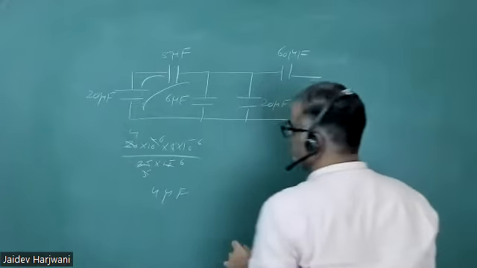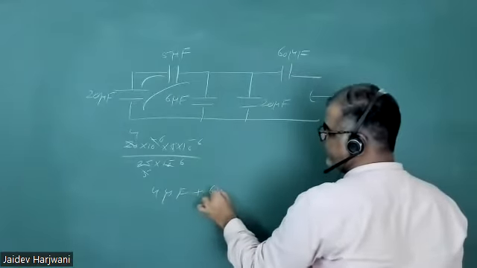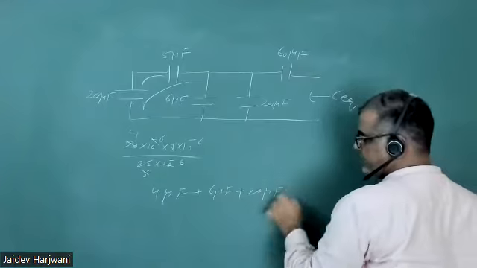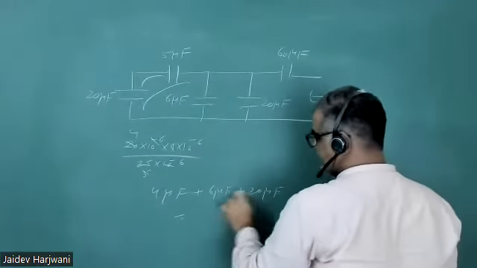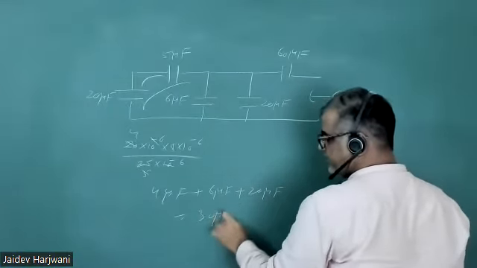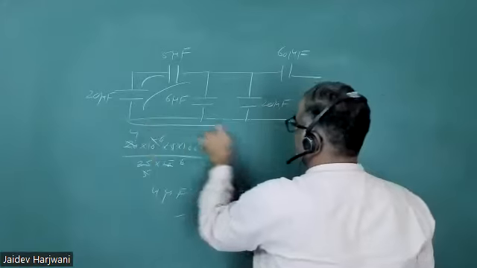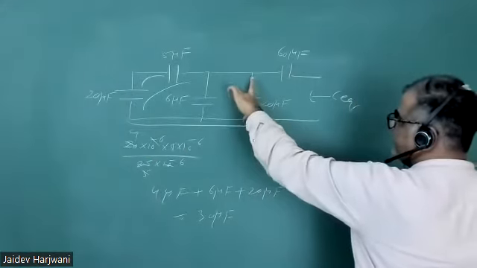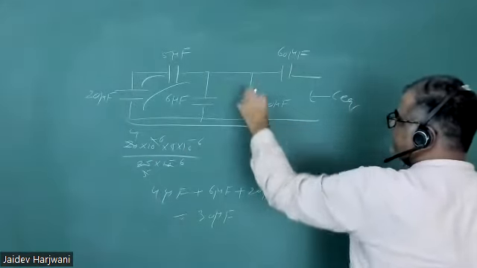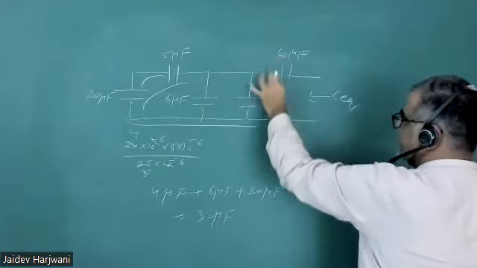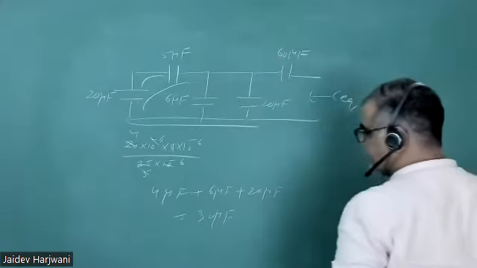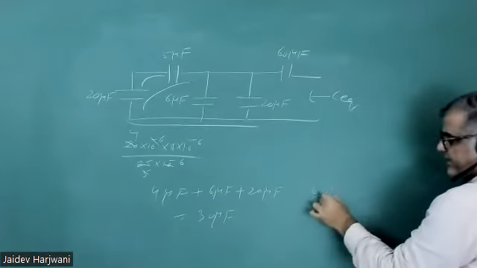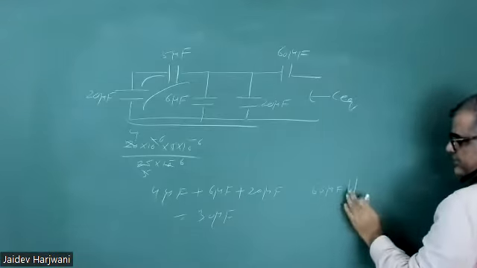Okay, 4 microfarad plus 6 microfarad plus 20 microfarad. कितना हो गया? 30 माइक्रोफेरेड हो गया. Now this 20 microfarad answer. हाँ 20 है, वेरी गुड. अब ये 30 हो गया पूरा, और ये सबका पैरेलल, तो इफेक्टिव यहाँ पे 30 हो जाएगा, ये सब हटा दो. और ये 60 इज सीरीज इन 30,